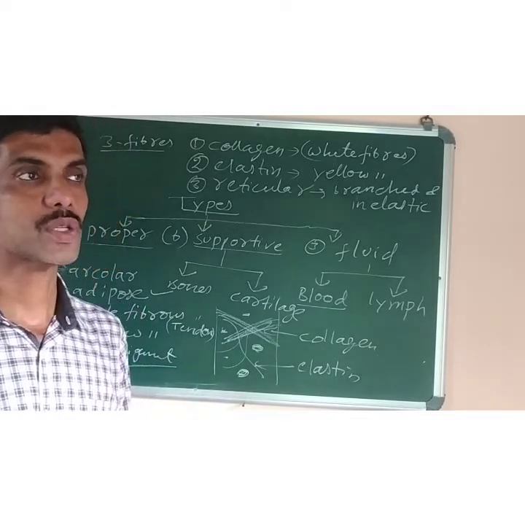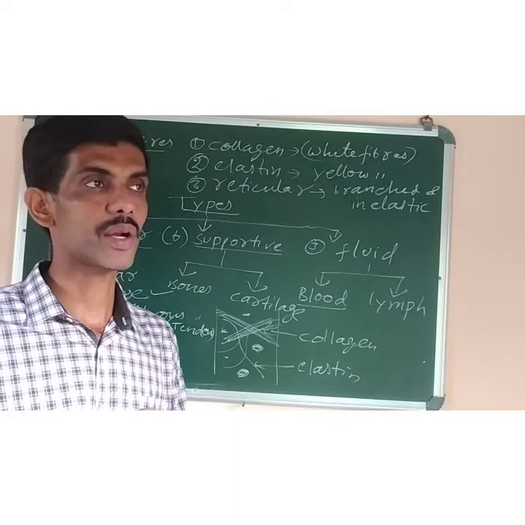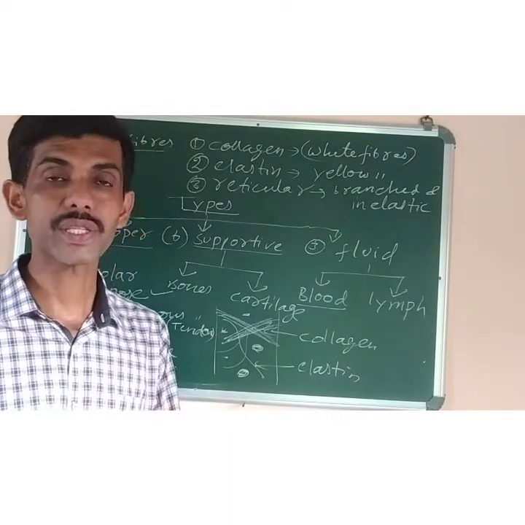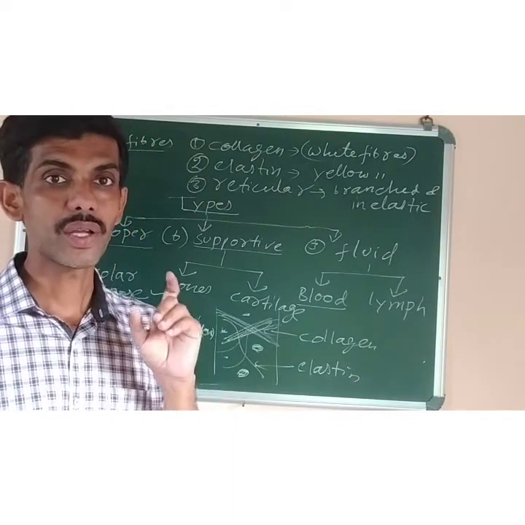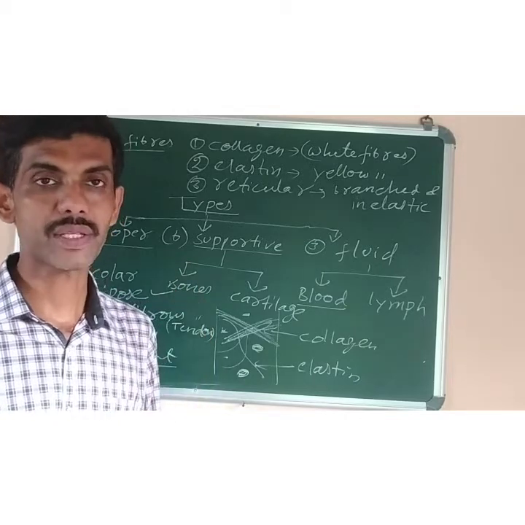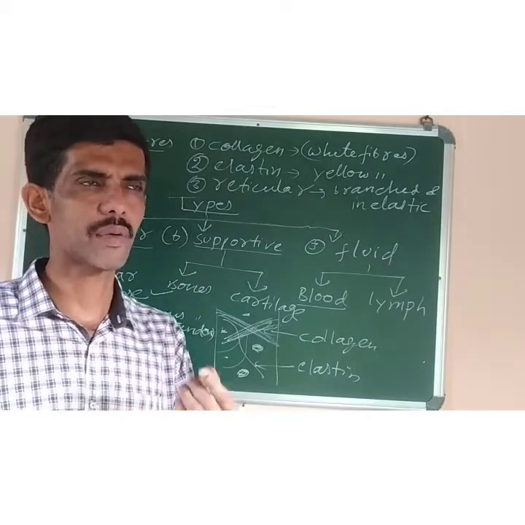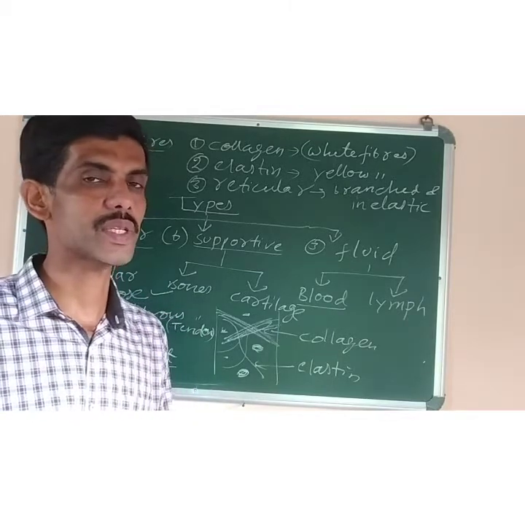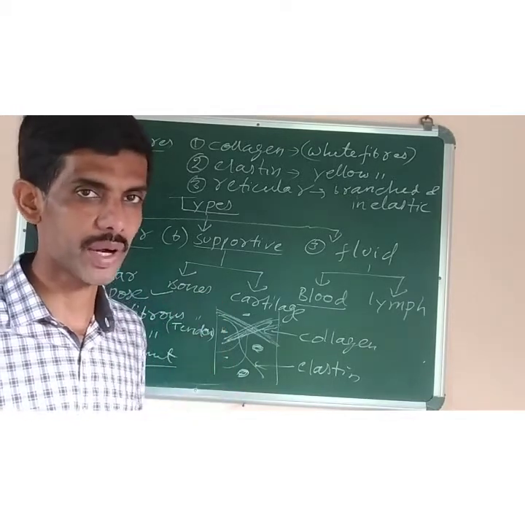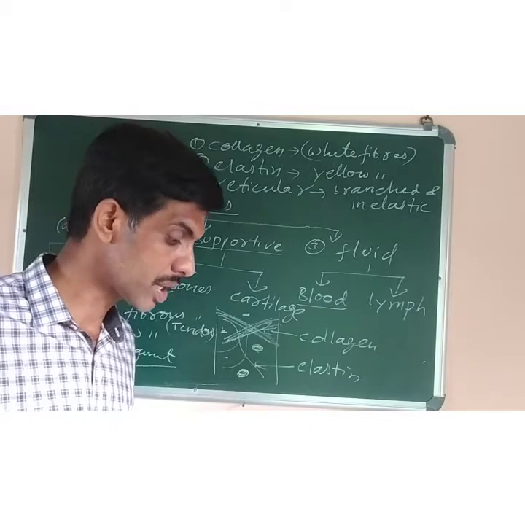Arteries are the blood vessels which carry oxygenated blood from the heart to all parts of the body. Veins bring deoxygenated blood from all parts of the body to the heart for oxygenation, whereas capillaries are the minute, very thin blood vessels which supply blood to remote parts of the body. They are distributed throughout the body.